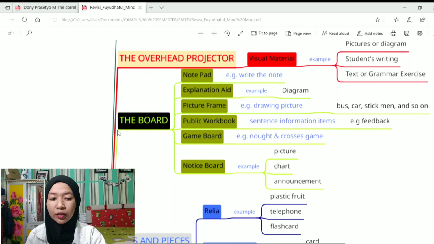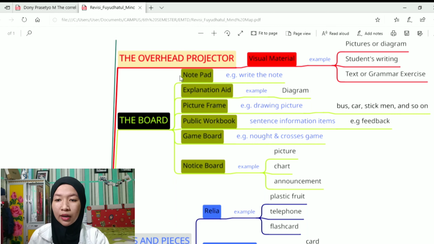And the third is the board. So the board is divided into 6 kinds. The first is notepad, and teachers regularly write things on the board, so they can write the note, write the topic, write the unfamiliar vocabulary, the explanation, or difficult phrases, and some teachers use different colors in writing to make it easier for students